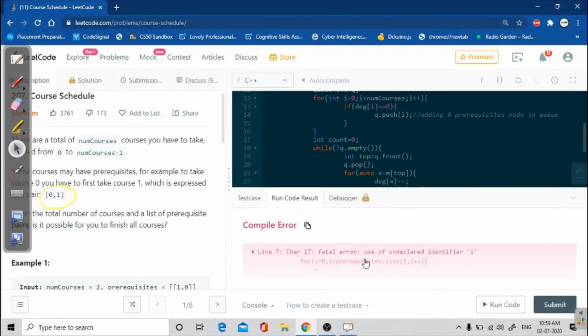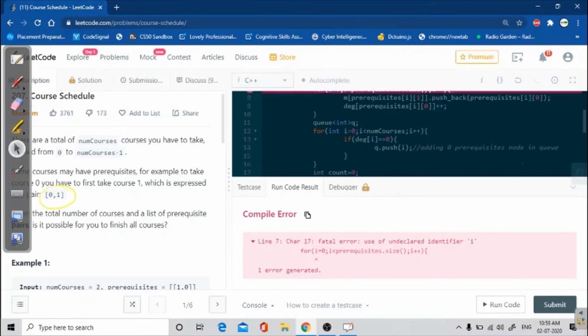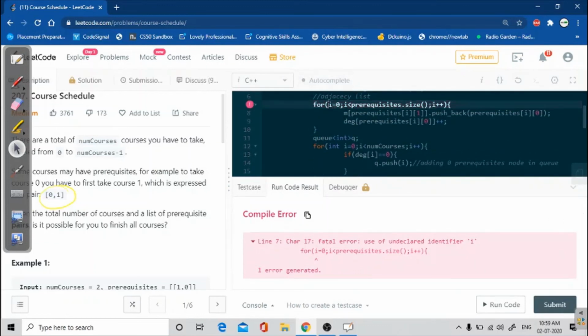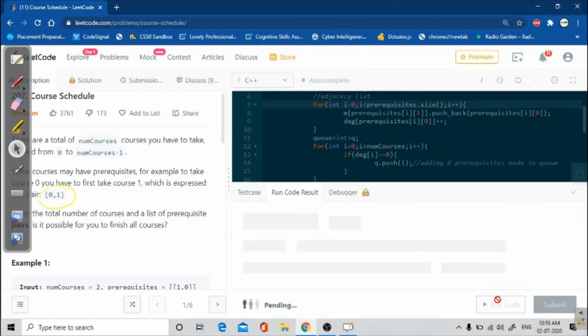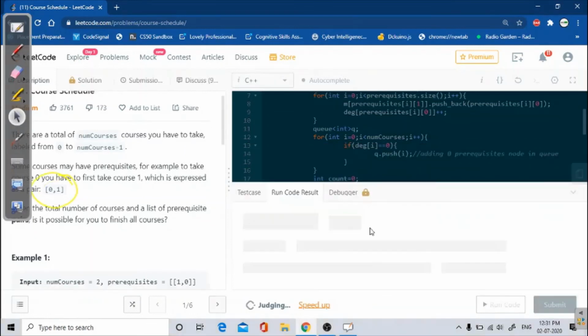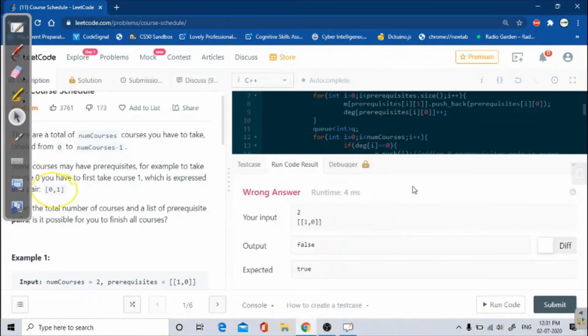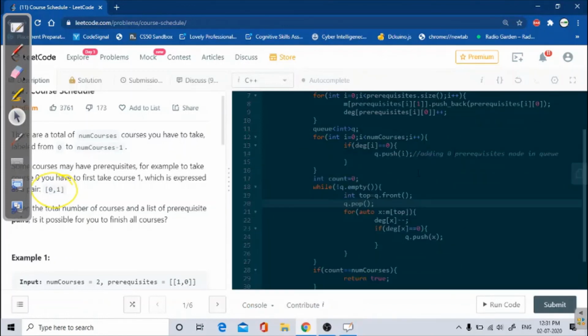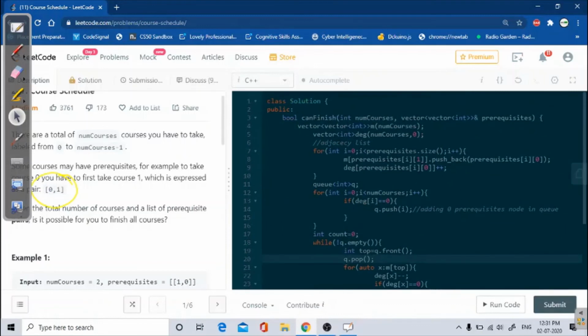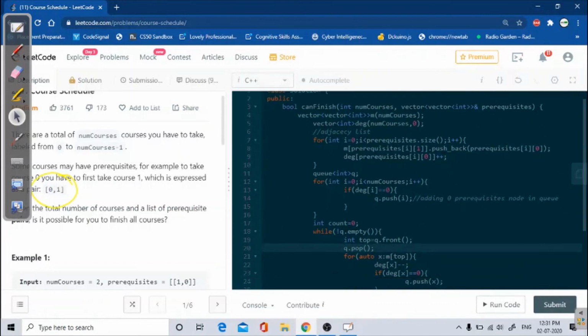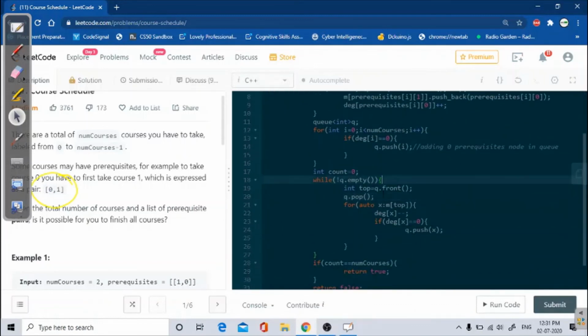So we have an error. Okay, we forgot to add int here. Now let's see. So we got an error. Let me see what the error is. Vector empty pop.